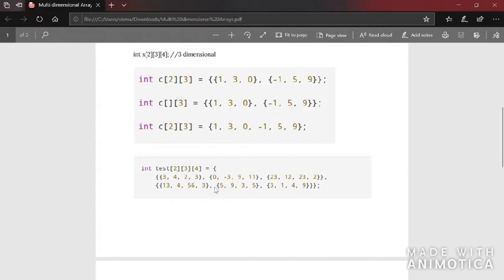And here what they have done is you can see 2, 3 are 6, 1 2 3 4 5 6. So they've enclosed different sets of values in different opening and closing curly braces, and they have given 4 values in each of the sets. So here you can see 4 values, here again 4 values, here again 4 values, and the count of them in total is 6: 1 2 3 4 5 6. So this is how you initialize a 3-dimensional array.